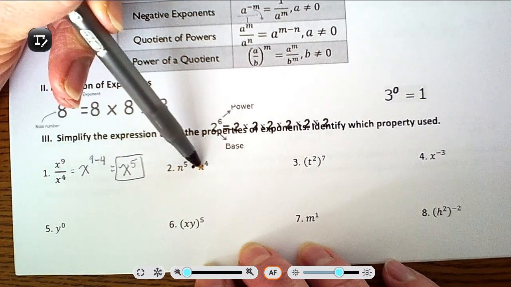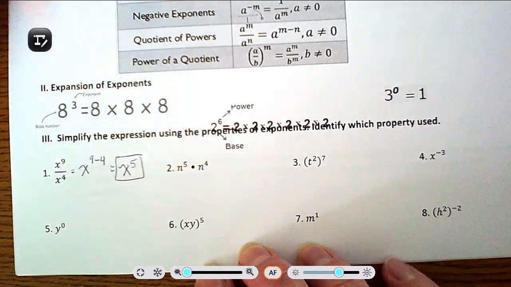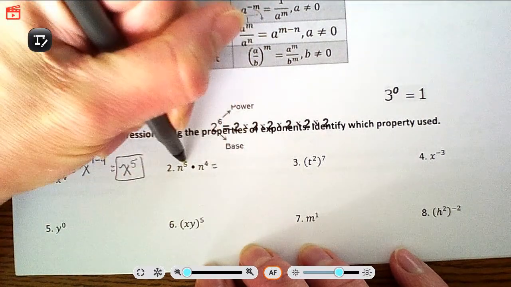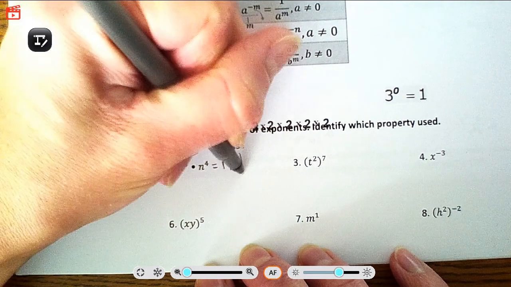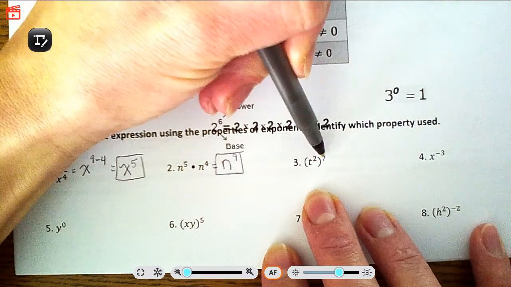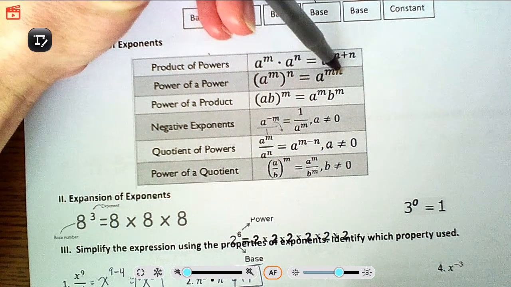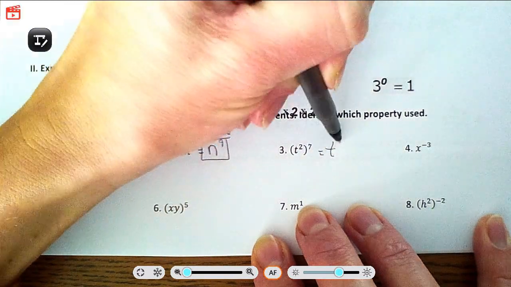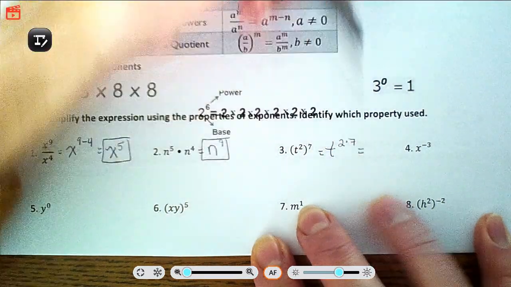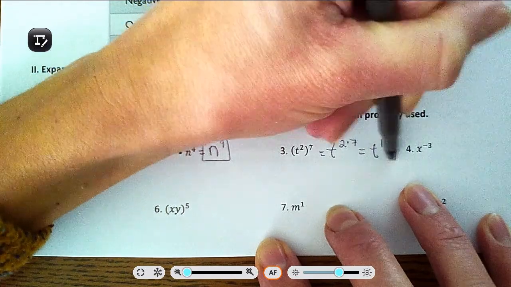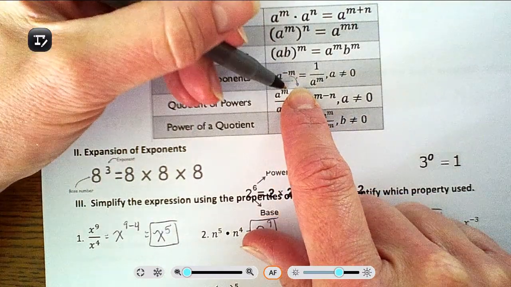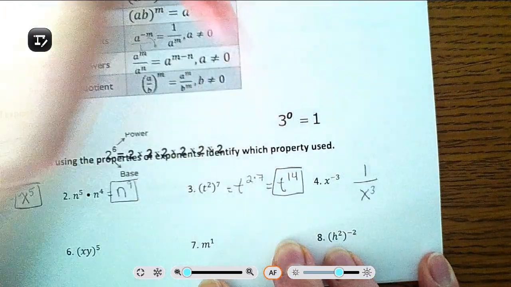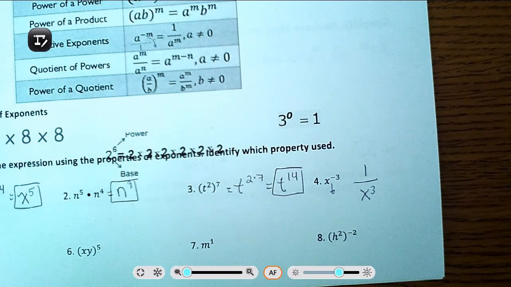Okay, here I have 2 bases and I'm multiplying, and when I multiply like bases, I add the exponents. So 5 and 4 is going to give me 9. When you have an exponent to an exponent, then you're going to multiply those exponents. So 2 times 7 is t to the 2 times 7 equals t to the 14th. And x to the negative power, that's this property, it has to be sunk below the vinculum and with a 1 placeholder. So that's 1 over x to the third, where x to the negative third is saying sink me